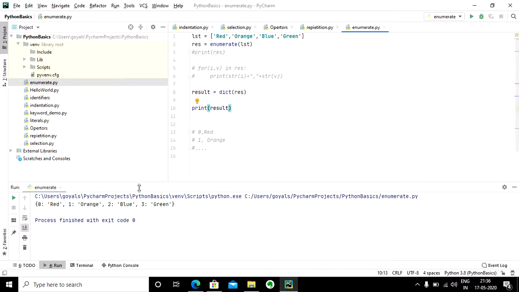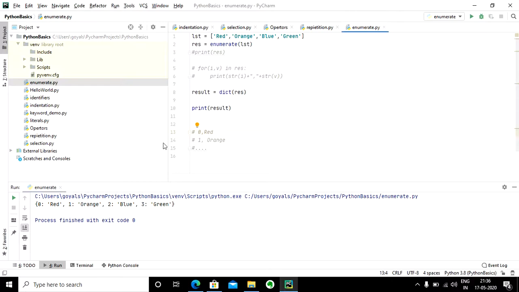Now, if you remember, I initially typed 1 red, 2 orange, and so on. So how do we define what index value to take as the starting point for indexing?